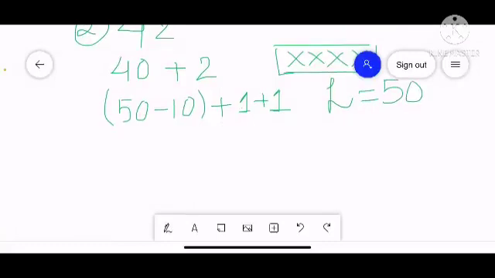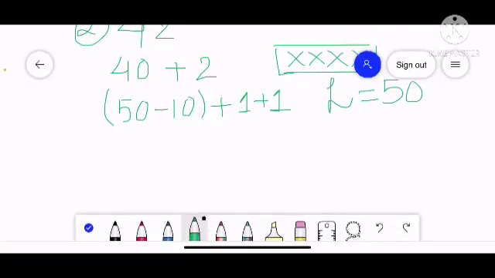Now we have to put the symbols. Now listen very carefully. The symbol for 50 is L, right? Now minus 10, as you know that when we are subtracting, that number will be put towards the left side. If it is minus, we write on the left side, and if it is add, then towards the right side. So what is the symbol for 10? That is X. Now 1 and 1. What is the symbol for 1? That is I, and once again I.